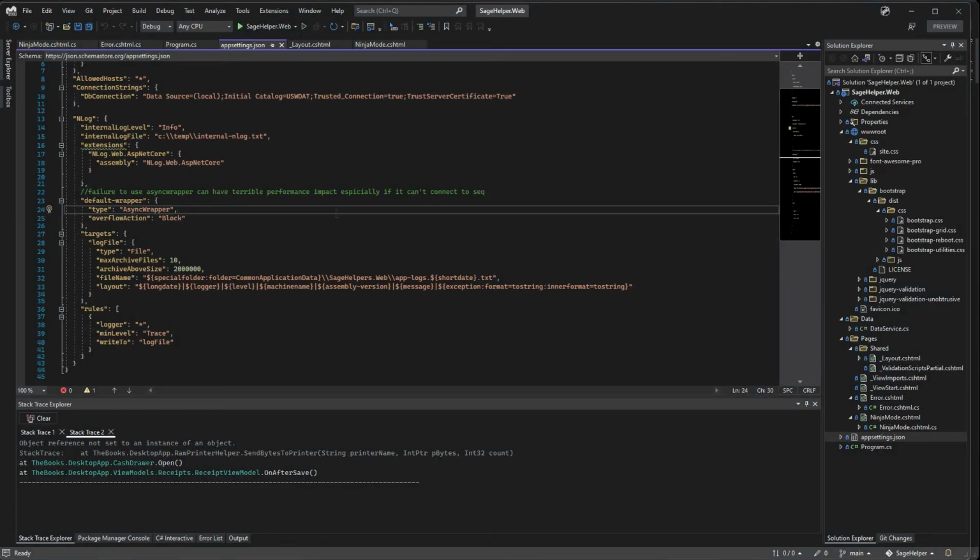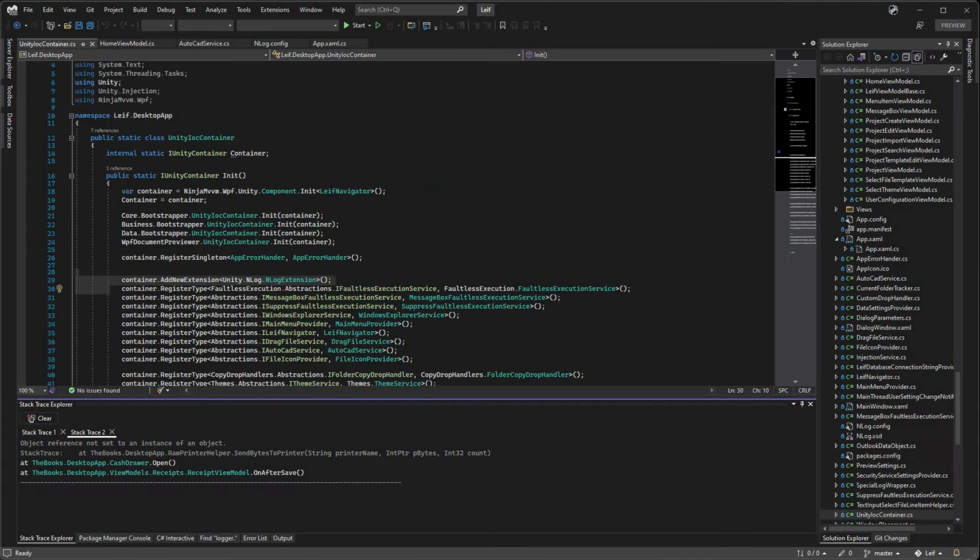My next tip is, if at all possible, target a file, at least for one of your targets. I'm not suggesting it's the only target, but logging to a file is one of the most reliable ways to write your logs. Of course, if you're doing Blazor WebAssembly or Xamarin Forms or Xamarin, then maybe logging to a file is not going to be overly useful because it's going to be on the client machine. But if you are on a server, or if you have access, if you're running a WPF application and have network access, you could log to the network drive, like you can see here,